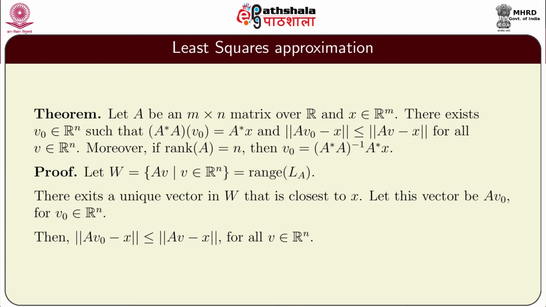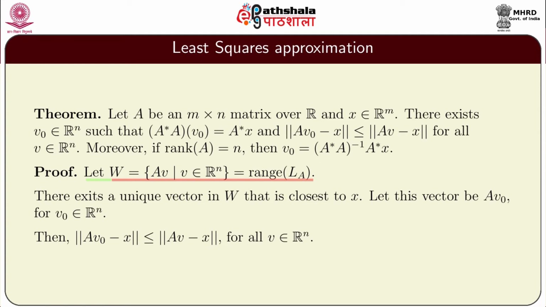We therefore have this theorem. Let A be an m cross n matrix and X a vector in Rm, then there exists V0 in Rn such that A star A of V0 is A star X, and the norm of AV0 minus X is less than or equal to the norm of AV minus X for all V in Rn. Moreover, if rank of A is n, then V0 is explicitly determined as (A star A) inverse A star X. Proof: